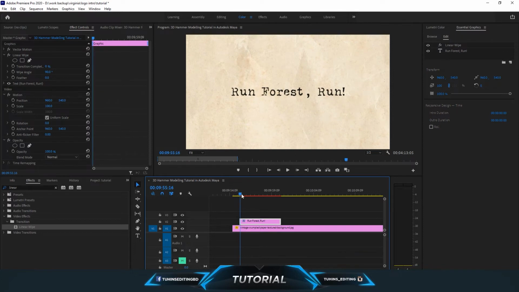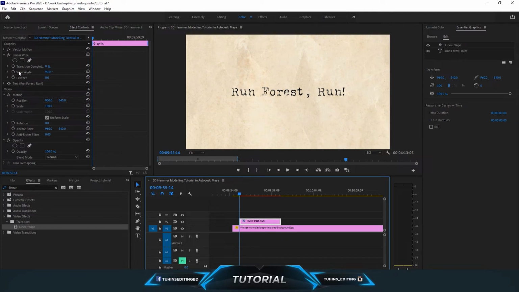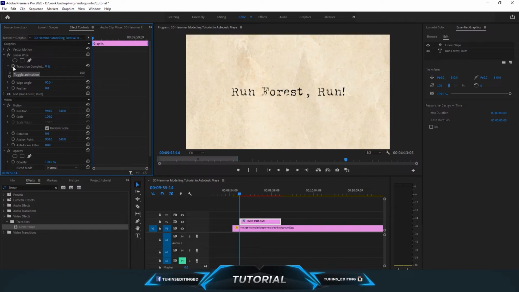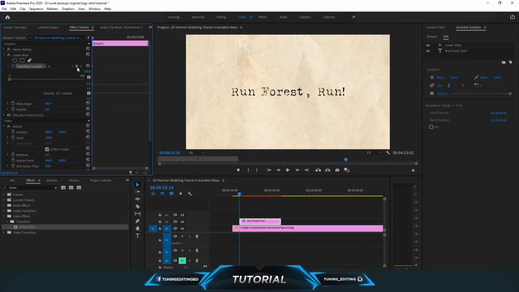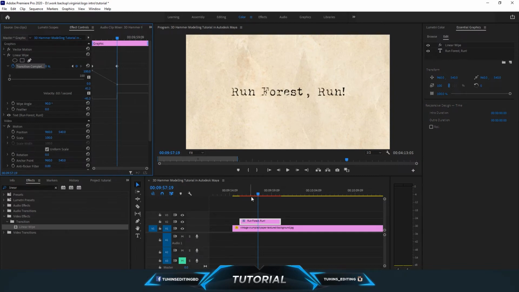Go to the first part, and under transition complete, make sure you make a keyframe here and make that 100%. I'm going to place the marker here and make another keyframe, and this will be 0%. So if you play,